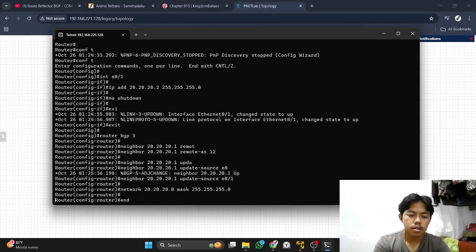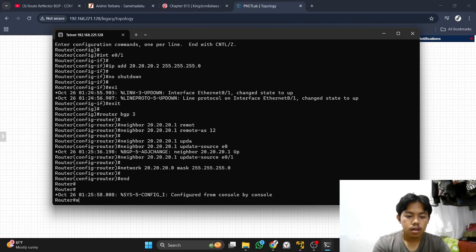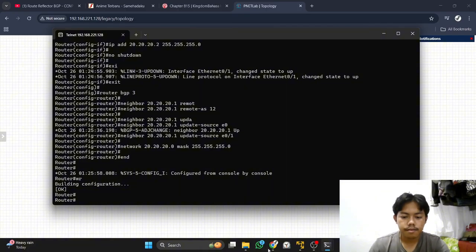Okay. The configuration of the last router is done.